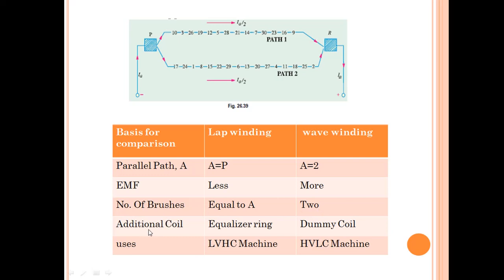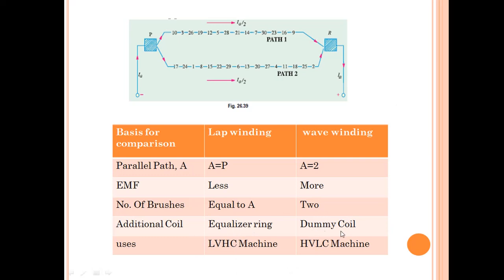Apart from the armature coil, is any additional coil required? Yes, it is required. We already discussed that in lap winding we used an equalizer ring to make it equipotential. What is equipotential? The potential difference in one coil differs from the potential difference of the other coil. This difference in voltage will introduce a circulating current in the armature winding, so due to this, sparks occur at the brushes and there is poor commutation, right? That's why we used an equalizer ring in that case to make it equipotential, to electrically balance it, in case of lap winding.